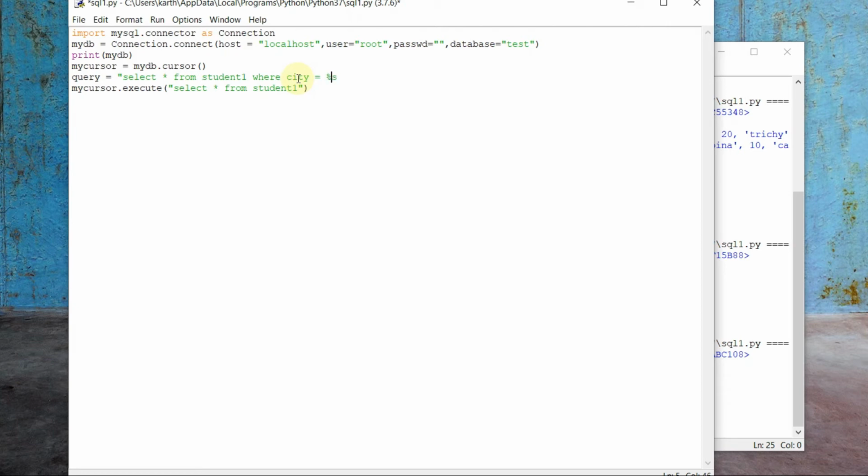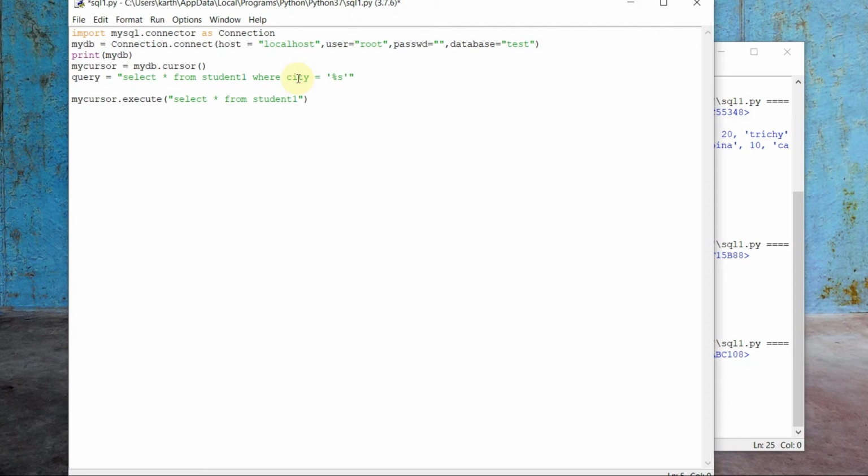Because this city is a string type, I need to give this percentage s within the quotes, and I need to close the quotes. And now our query string is over, and we need to specify the value of this percentage s.